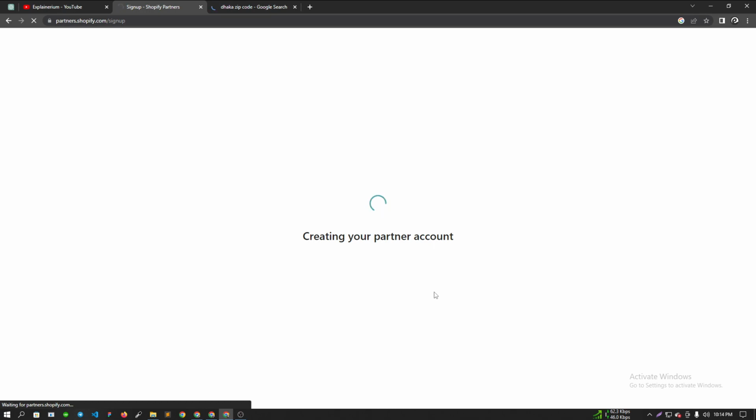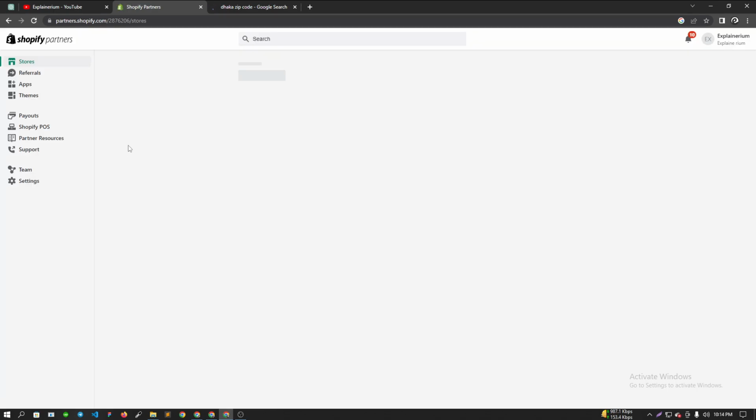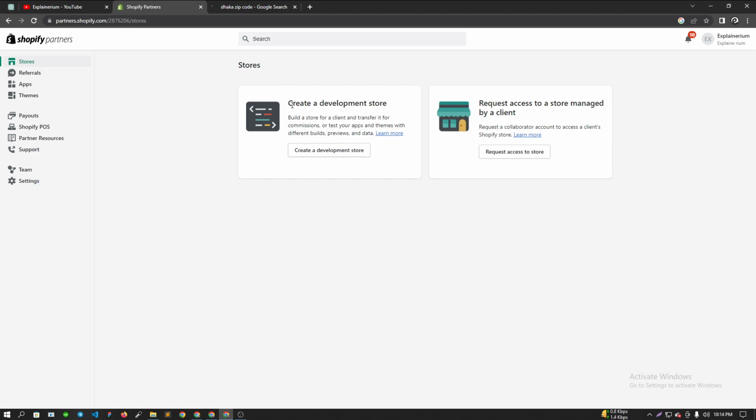Now it will take some seconds. So now your partner account is created. So you have to now create a store where you will be working. Okay, so you can see the store, and now you can see create a development store and request access to store managed by client, but we're not doing that. We will create a development store, right? So just simply click here,